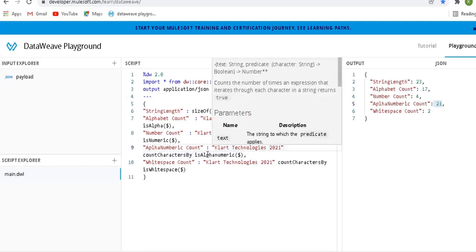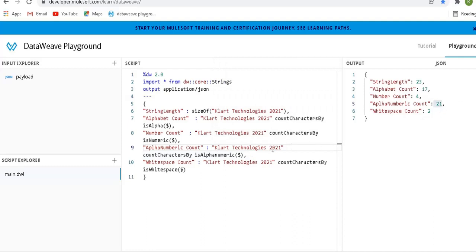So countCharactersBy isAlphanumeric returns 21, because it eliminates these two spaces which are counted by the sizeOf function. SizeOf returns everything and takes everything as a single character. Then white space count: countCharactersBy isWhitespace is another function. It will count only spaces.